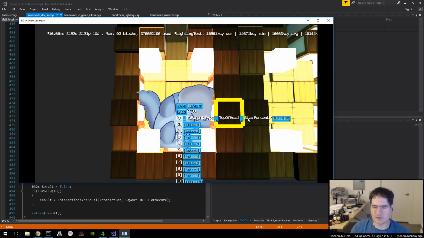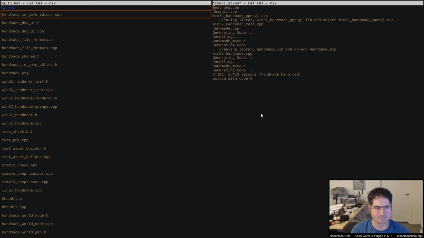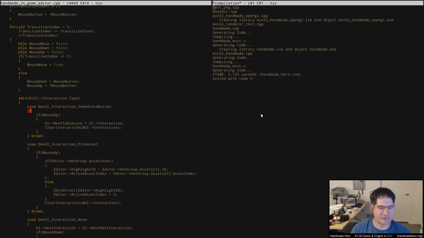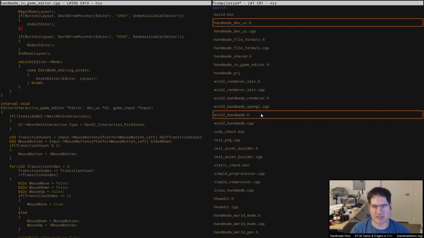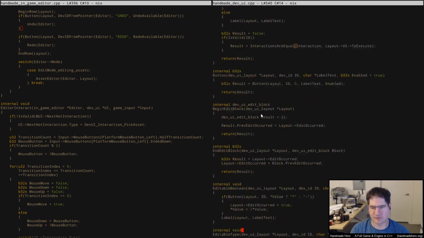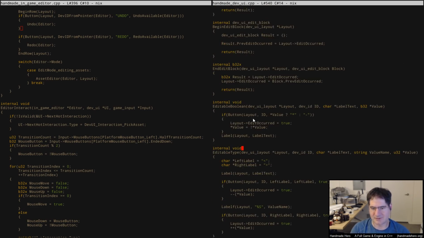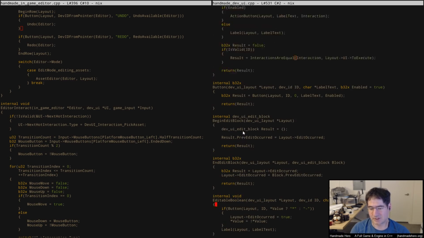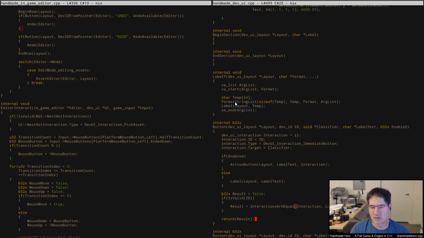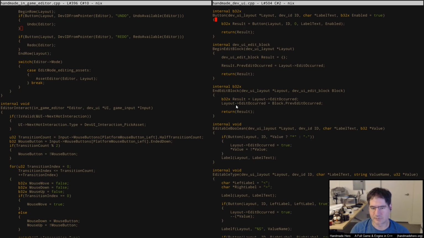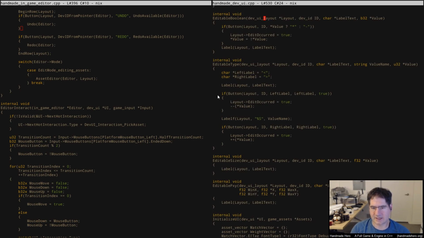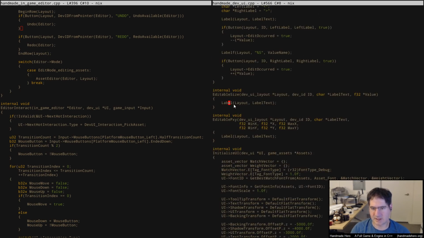So in terms of like size and percent %p, again, I think these are just going to be draggy kind of operations, right? And so if I go into the dev UI, what I want to see in here is, first of all, I probably want to print out what the values actually are somehow, right? I want to be able to see them. Which at the moment we cannot do. And so inside editable size, what I probably want to do here is say,